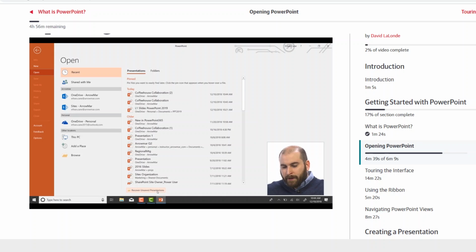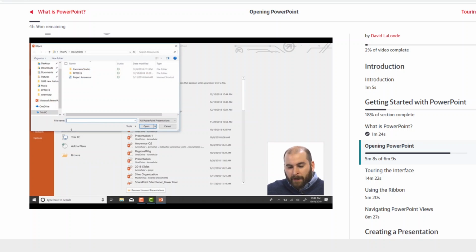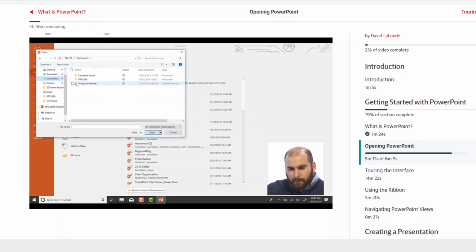Now, if you're not finding the file you're looking for in this list, there are going to be additional locations we can open up files from over on the left-hand side. So if you actually have an Office 365 account, you could find your OneDrive account over on the left-hand side and open up any files that you have stored on OneDrive. You might have a SharePoint site for your company as well with Office 365. Or, of course, you can always look for other locations on this PC or click on Browse to open up that File Explorer, where you can simply select the folder of your choosing,